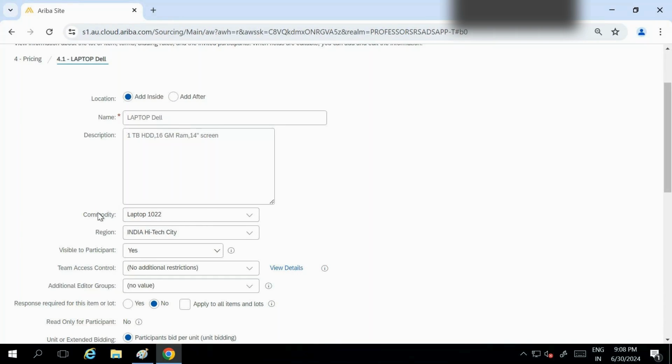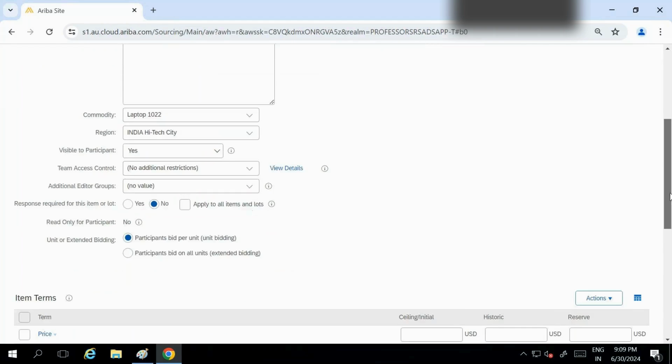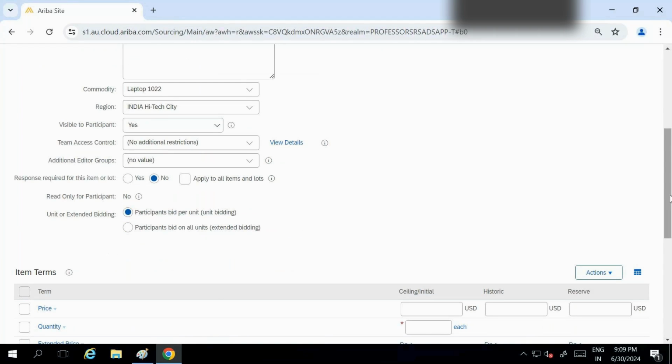So make sure your buyers select the commodity and region every time. As a consultant, we tell them every time to select it, otherwise your reporting will be mismatched. If you want clear-cut reporting commodity wise, region wise, buyer wise, plant wise, department wise, then you have to select these options.